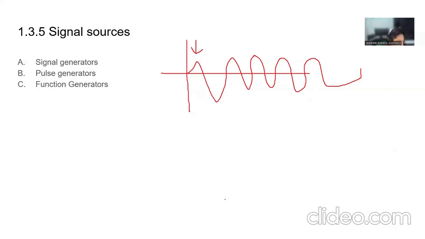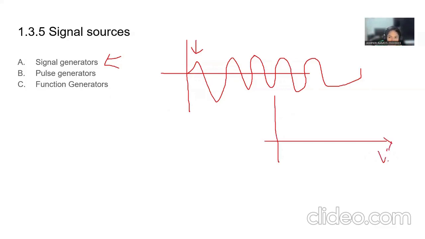Bueno, tiene AM, FM, o sea, modulación por amplitud y modulación por frecuencia. ¿Qué más? Bueno, con este generador de señales puedes sacar cualquier señal sinusoidal. Ok, y también, claro, frequency synthesizer, a sweep generators. Bueno, sweep generator es, bueno,